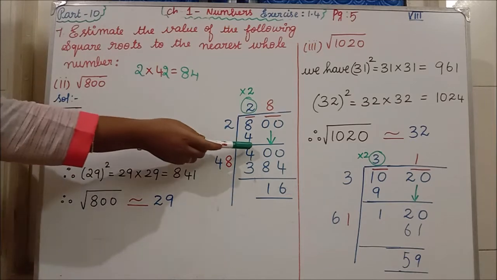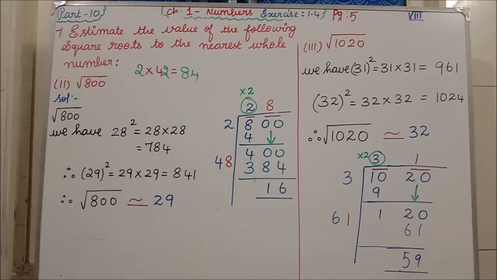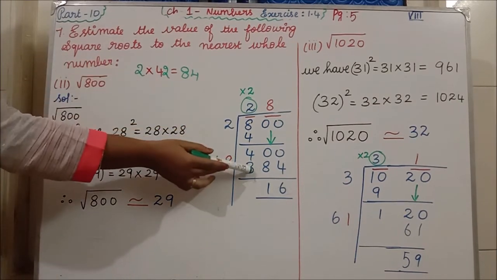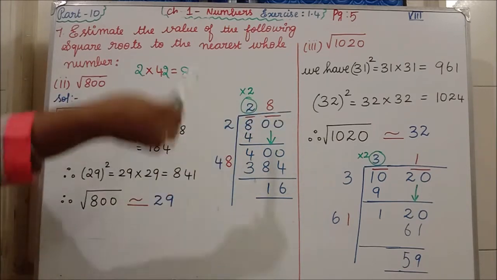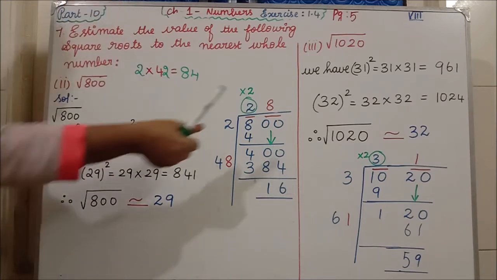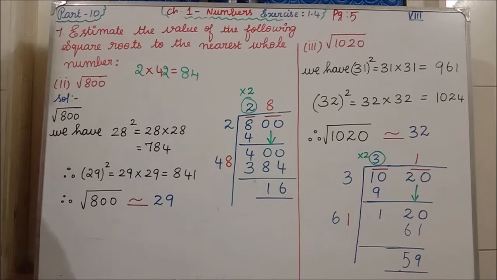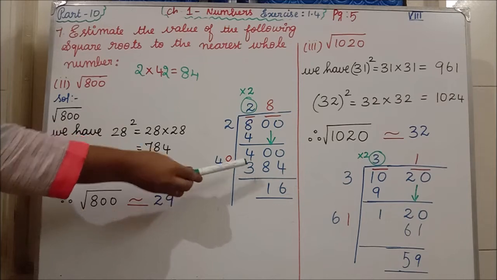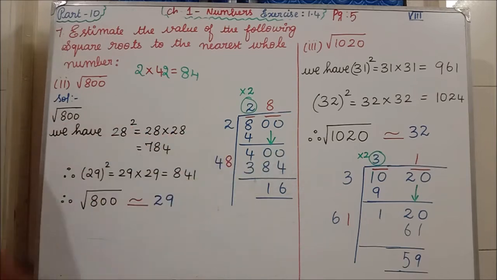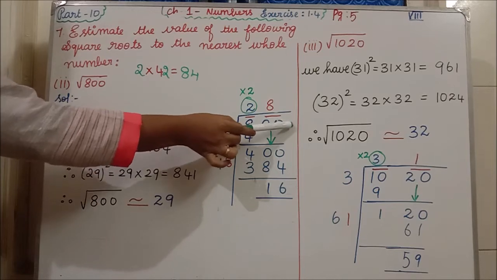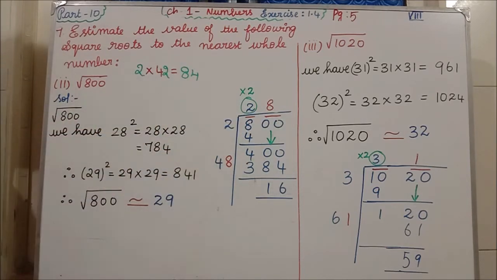So 400, when you subtract 384, what answer are we getting? If I subtract, I get 16. Now if you see, after this we are not having any number, so we cannot bring any number down. So with that we are stopping the long division. Clear all of you? How did we get 384 here? We multiply 8 into 48, we get 384. After subtracting we get 16. Since after this we have no number, we stop the long division.